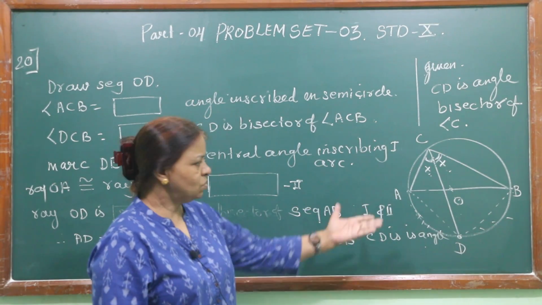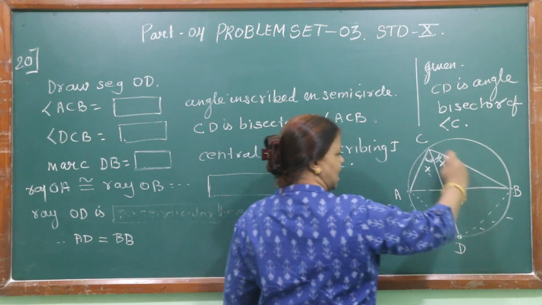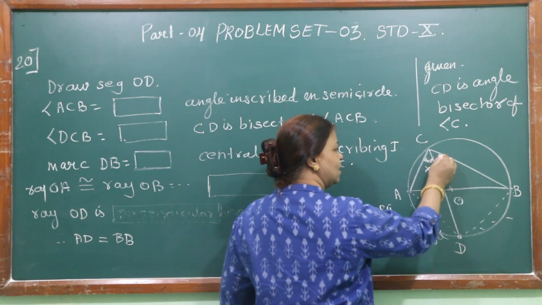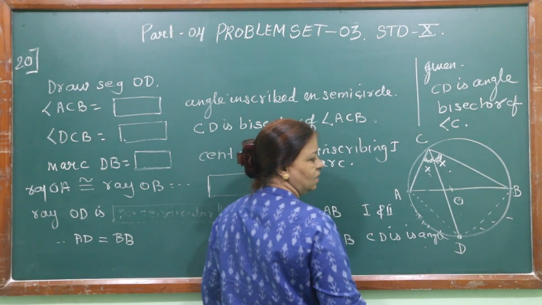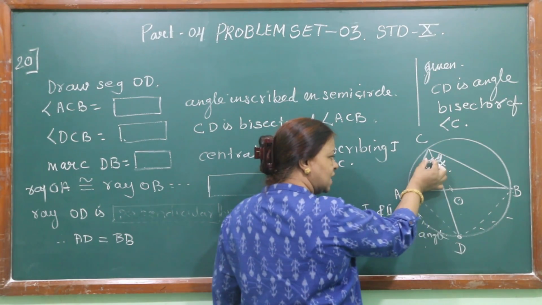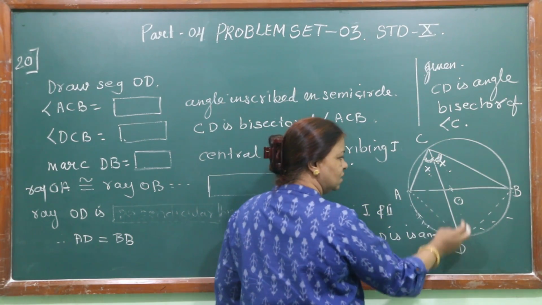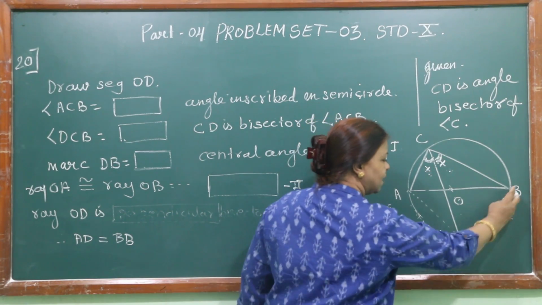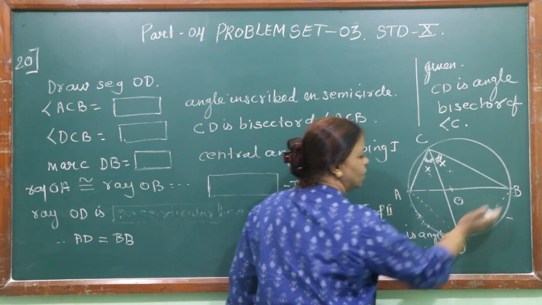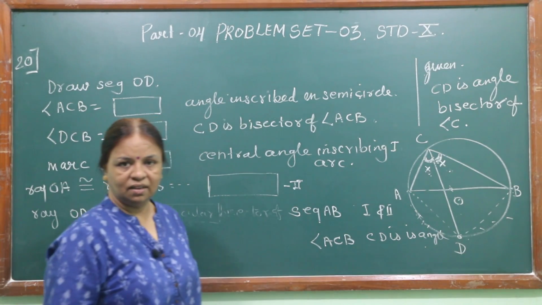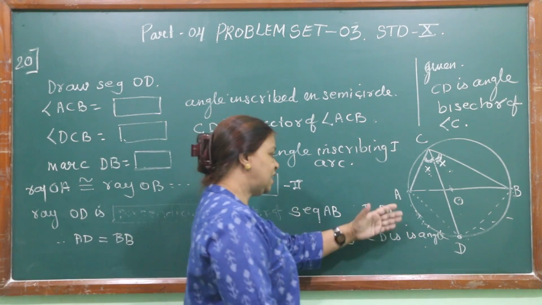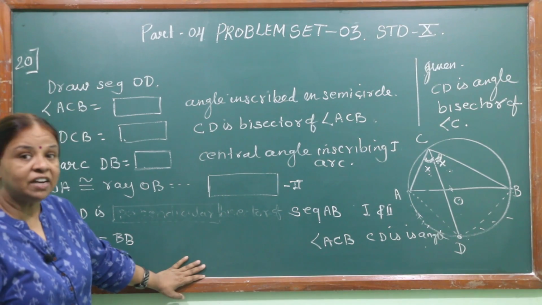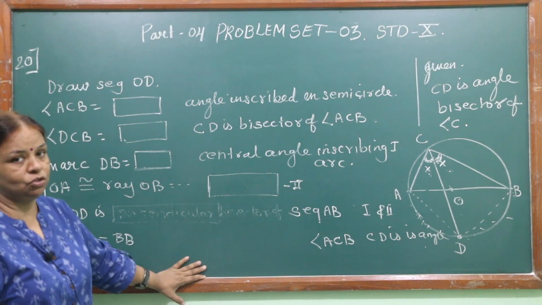Isn't it? So simple. See, this is the angle, this is the bisector. This angle is equal to this angle. Therefore, this angle is intercepting this arc and this angle is intercepting this arc. If two angles are equal, two arcs are equal. If arcs are equal, chords are also equal. We can say by that method. But here, there are some points given in your textbook. We will refer to those points and then we will solve it.